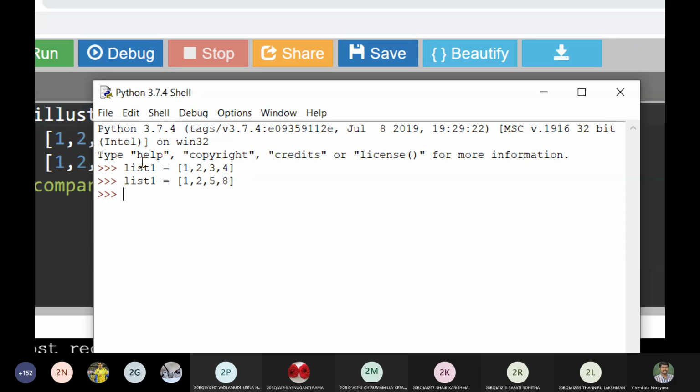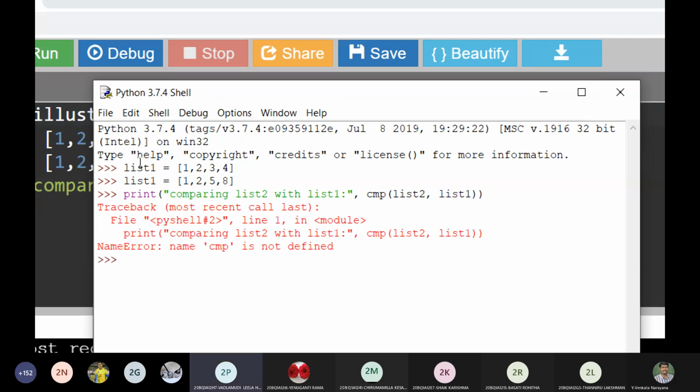Now I would like to compare, so I will go with the print statement, comparing list 2 with list 1: CMP of list 2 comma list 1.